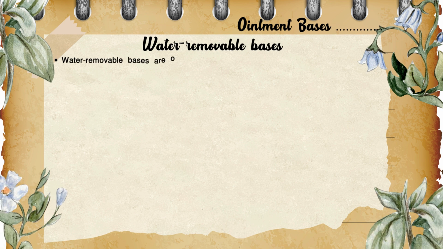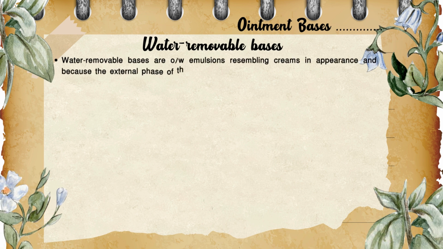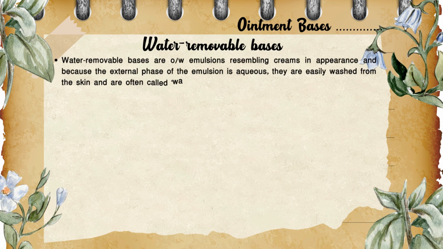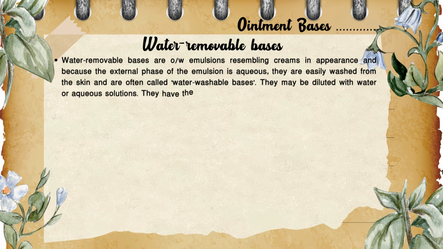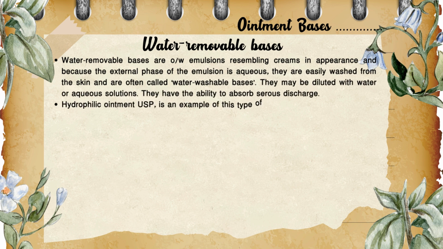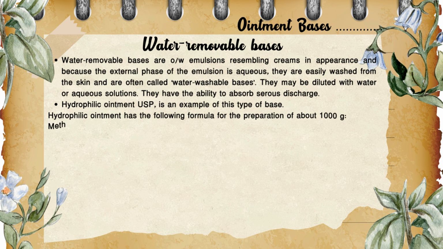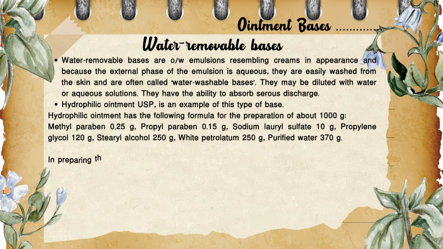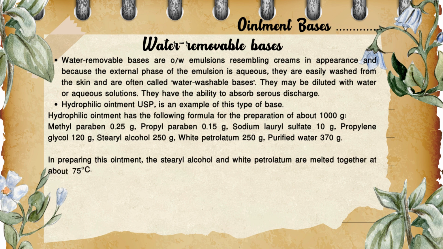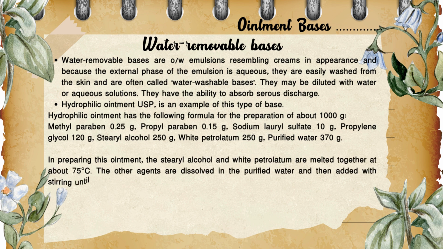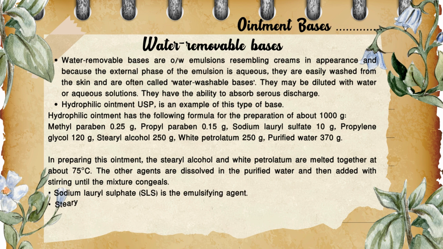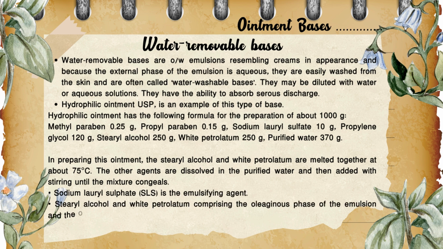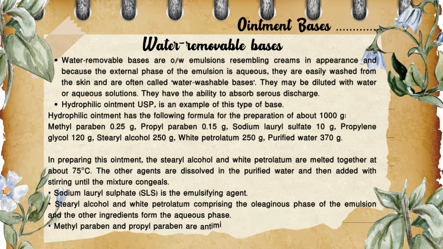Water removable bases are oil-in-water emulsions resembling creams in appearance, because the external phase of the emulsion is aqueous. They are easily washable from the skin and are often called water washable bases. Usually they include hydrophilic ointment, which has methylparaben 0.25 grams, propylparaben 0.15 grams, sodium lauryl sulfate 10 grams, propylene glycol